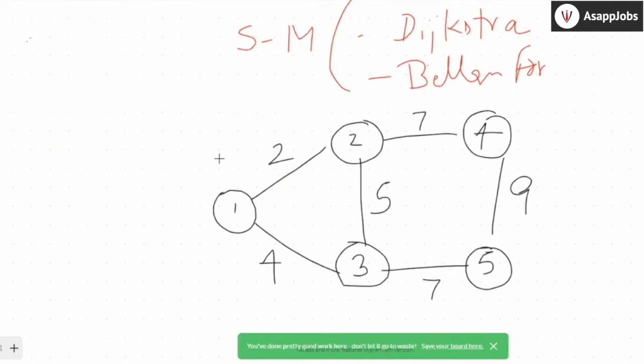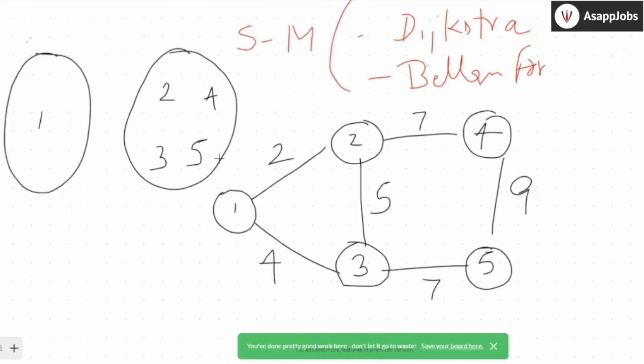Okay. Now, Dijkstra starts with an empty cut. When I say empty cut, it means there's nothing on the left and everything on the right. So on the right of the graph that we saw here, 2 is there, and 4 is there, 5 is there, 3 is there, and it starts with an empty cut. I know my source is fixed, so I put my source in the initial set here, which is on the left. Now these are my two sets of graph, or you can say subgraphs. I'll find out the cut within this set of subgraphs.